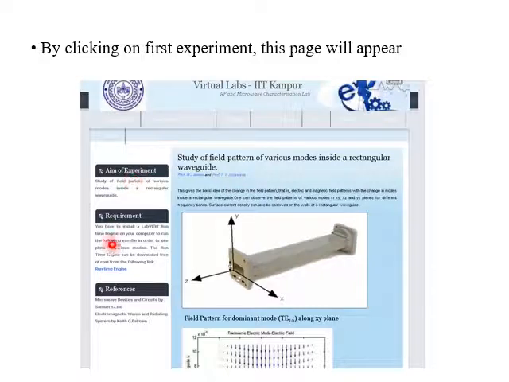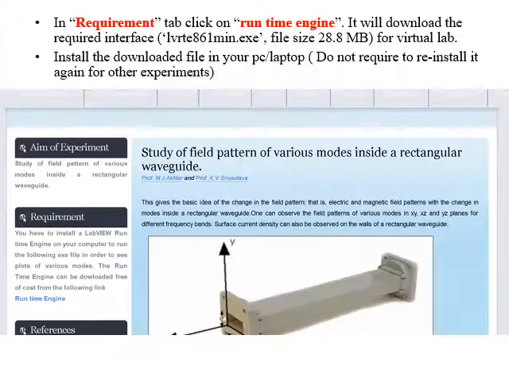Now if we see this page, in these tabs all the required informations are there, like aim of the experiments, then requirements, then manual, procedure, theory, all these informations are present. Now first, if you want to run any experiment, you must have software installed in your PC or laptop.